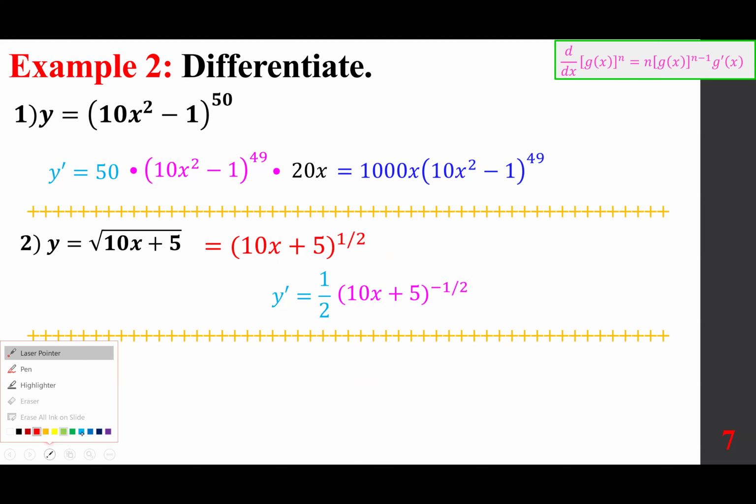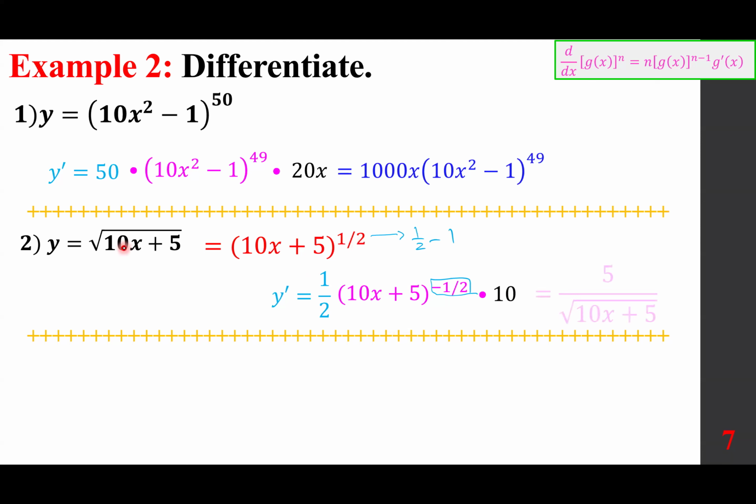So again, this exponent is this number minus 1. And finally, we need the derivative of the inside, which is simply 10. As you can see, 1/2 and 10, their product is 5. This goes down with the exponent positive 1/2, which becomes the square root. So you put it back in the same format. One more time, 1/2 times 10 is 5. This goes down, becomes the same thing, positive 1/2, and that means square root of 10x plus